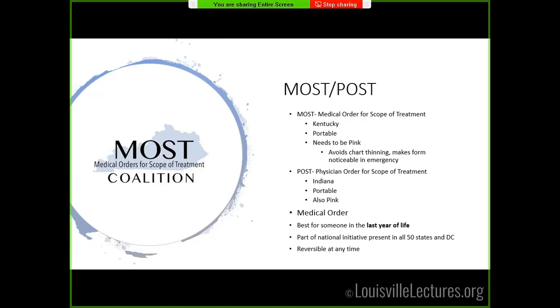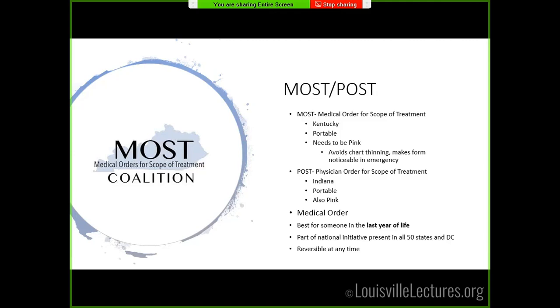And it is state specific. So when we have patients that are going back to their nursing home in Indiana, we really need to make sure that we have both a MOST and a POST completed, which can be kind of a challenge, just extra paperwork. And because it needs to be on the bright pink paper, it's often advisable to consider having them fill out more than one of those forms. It's kind of a pain, but it's pretty easy to do at the bedside. Once we have one that's perfect, you can help complete some of the check boxes and then have the patient sign.